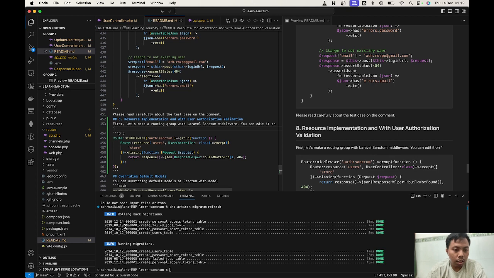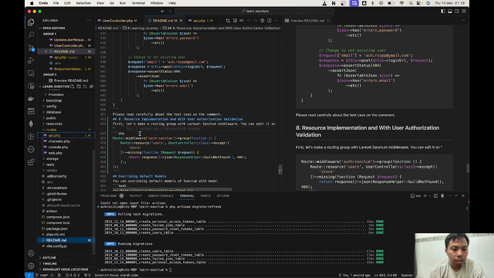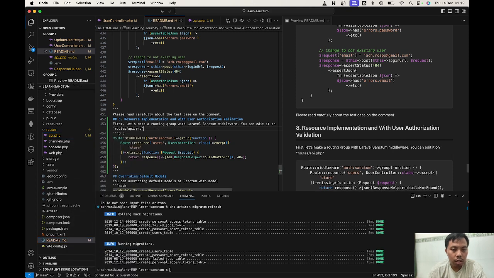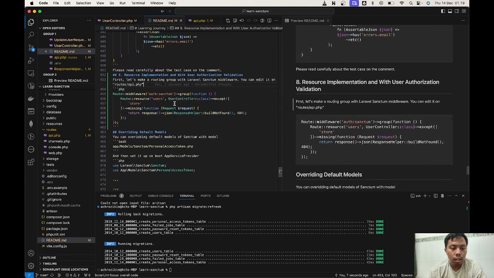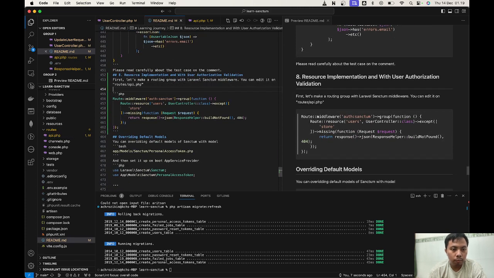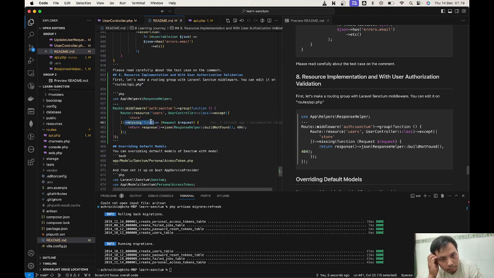Let's try to get the path. Copy relative path on routes on API, and make sure we can use the response helper in here. Look at this one. There is a missing. What does missing mean?